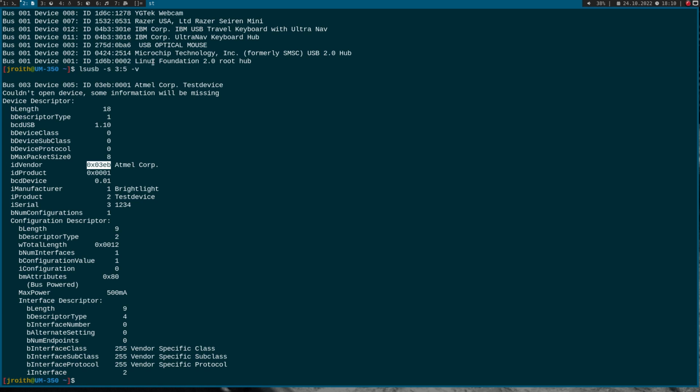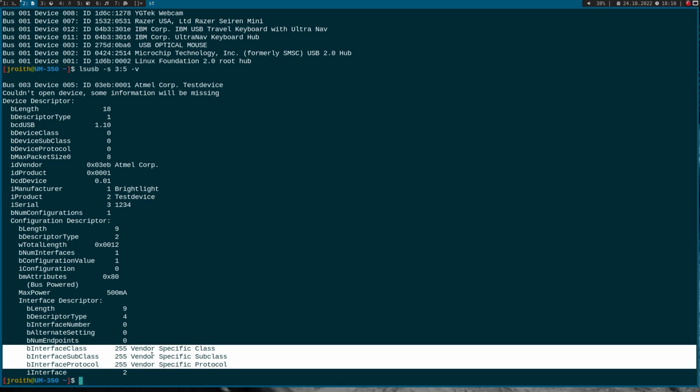So here again is the information of our USB device, and we can see here we have an interface descriptor. This interface descriptor has an interface class, subclass, and protocol. For example, if you would look at these from a keyboard, it would always be the same. So every keyboard has the same interface class and interface subclass. So if you want to write a USB driver for a keyboard, it's easier to write a driver for the interfaces with the following interface class and interface subclass than writing a driver for every USB vendor and product ID